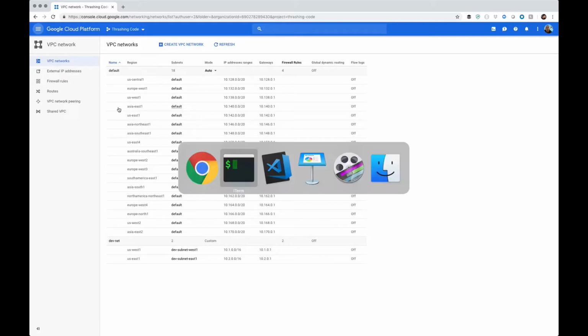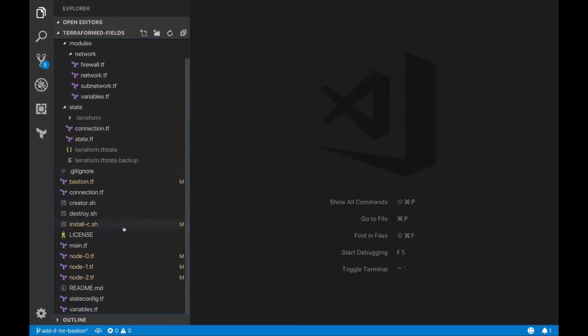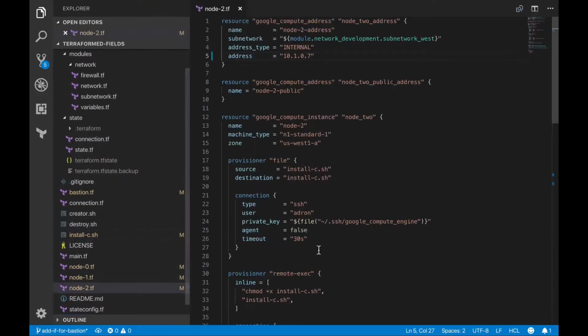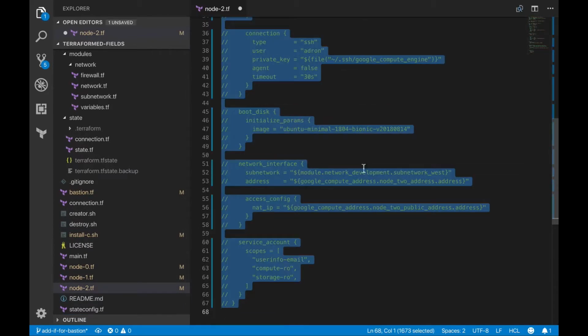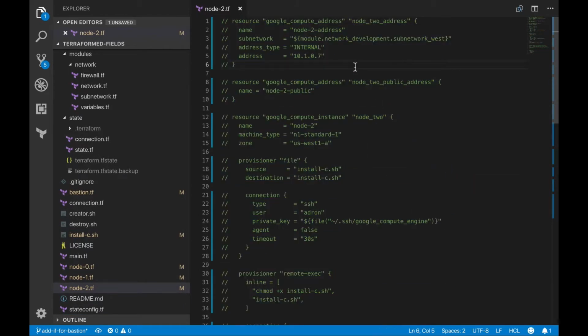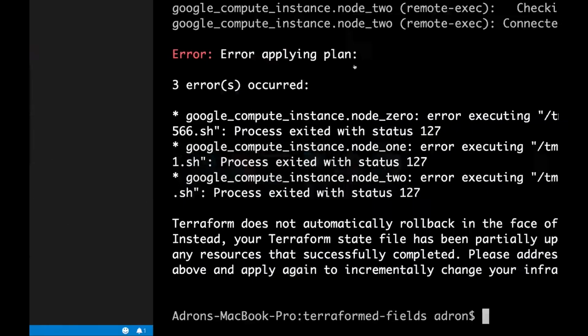So now, if I go in and, let's say, I don't like this node anymore, which is node-to-address. Wow, that's a really boring name. Let's say that this is Frank node. I don't like Frank node anymore, so I'm going to get rid of Frank. So I've commented out Frank. And now if I go over here